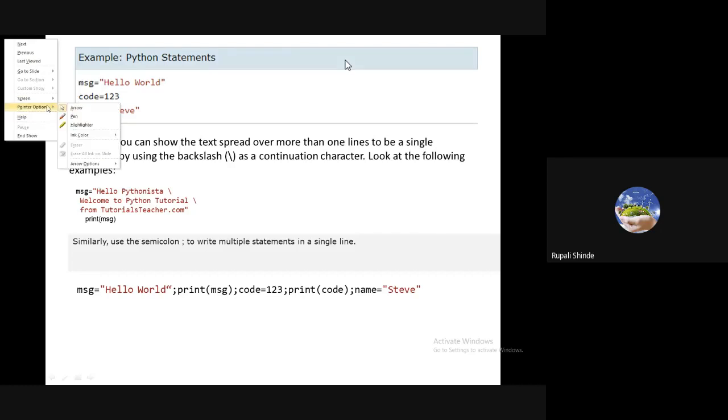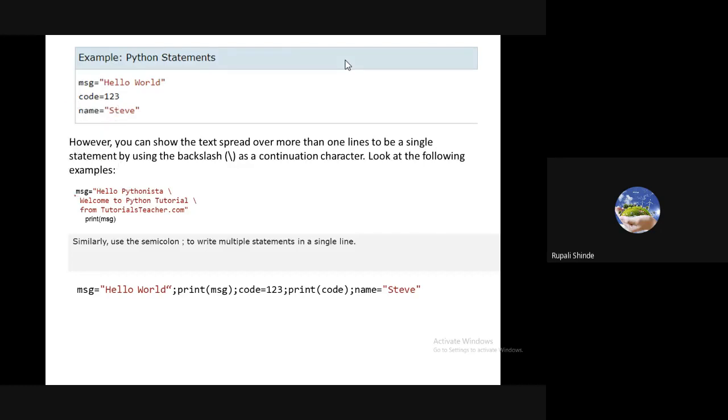First we have to write here the message. Then a slash indicates that the message is going to continue. At the next line, we have to write the next part of the message. Then again a slash, and then the next part of the message. Whenever we hit the enter key, it indicates that it is the end of the statement. We will see it with the execution.